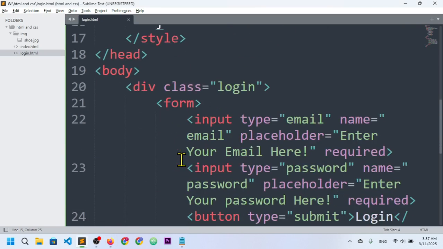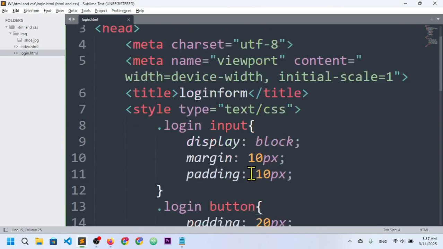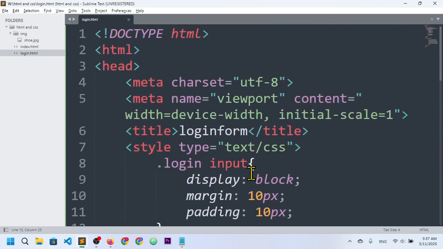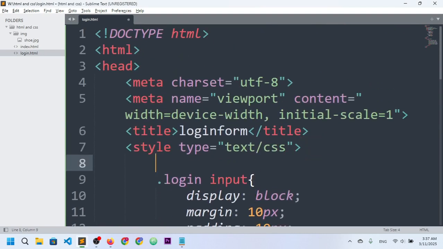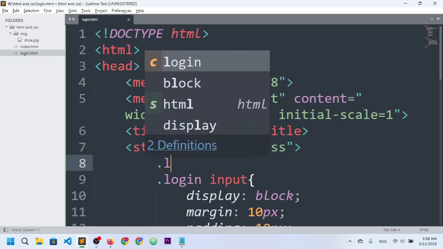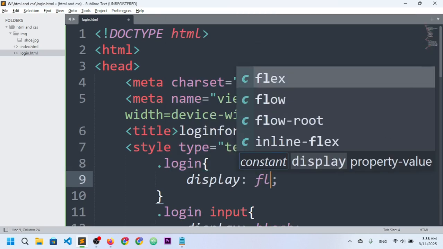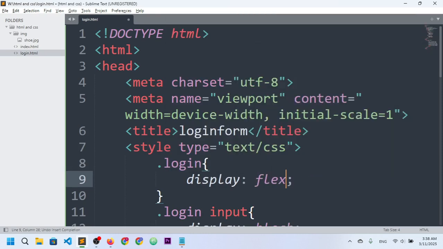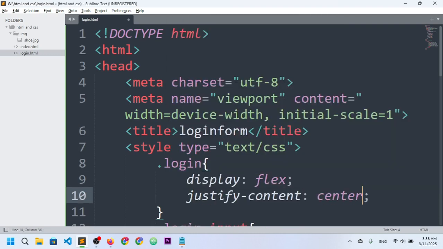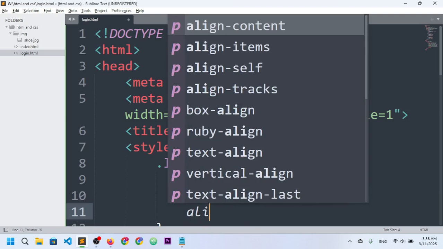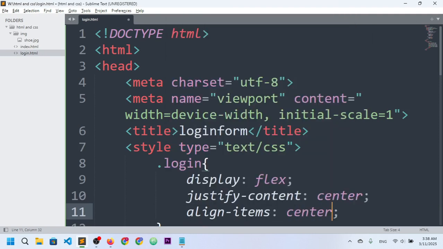So you can actually show this login as flex. So I will say here login display as flex, and I want to say that justify content center and align item center. So what it will actually do, it will actually take all the div elements in